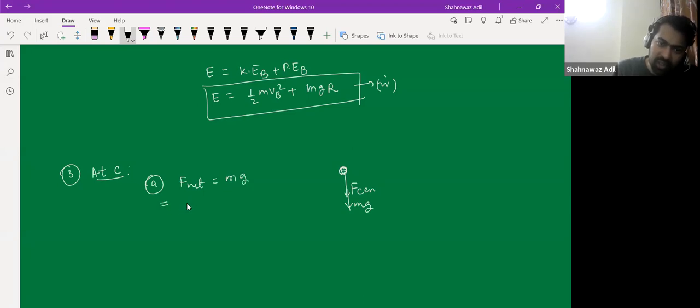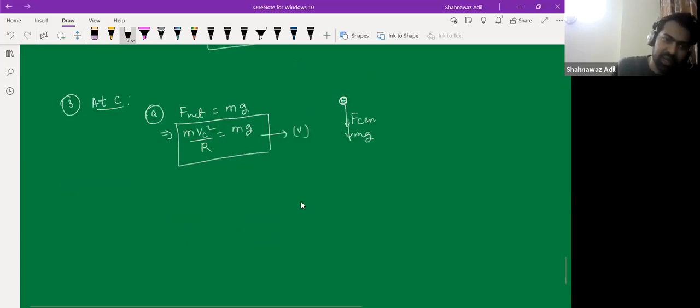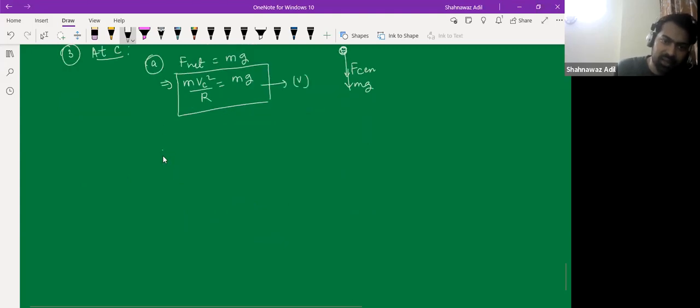And this is mvC square by r, and this is mg. So this is the fifth equation, and the other equation would be the energy conservation